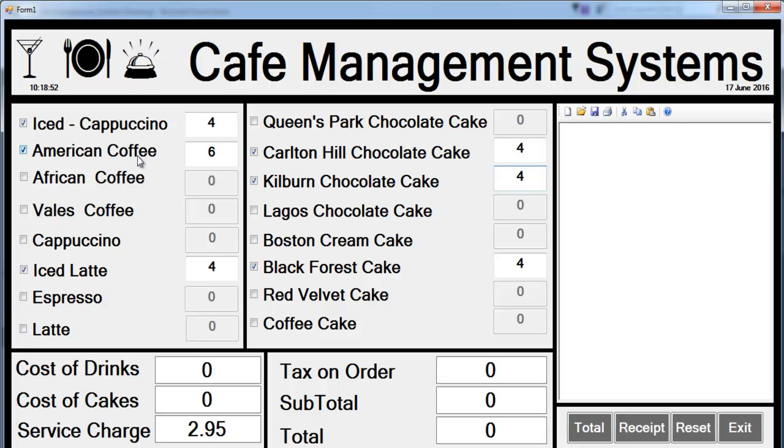Over here I have different types of coffee, and here I have different types of cakes. Here that will total up the drinks, while this totals up the cakes, and here's just the service charge. Here we have the tax, subtotal, and total. So let's click a couple more. Alright,